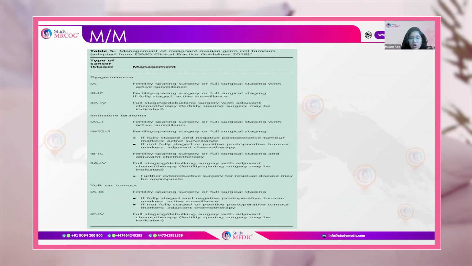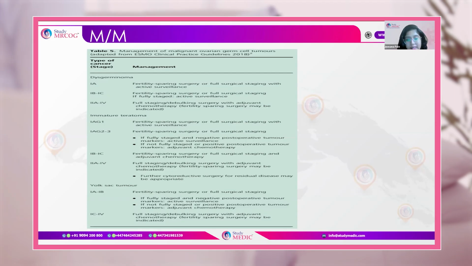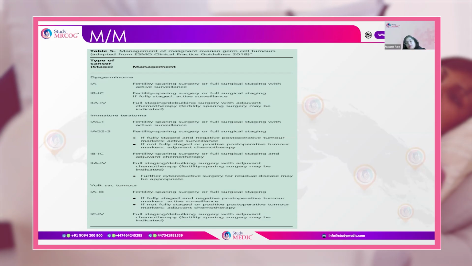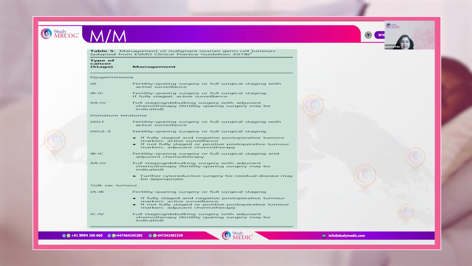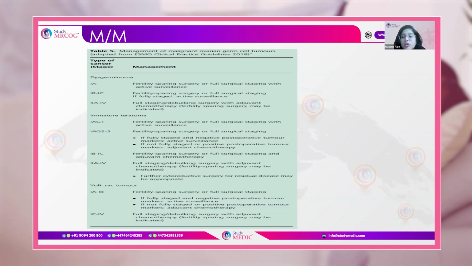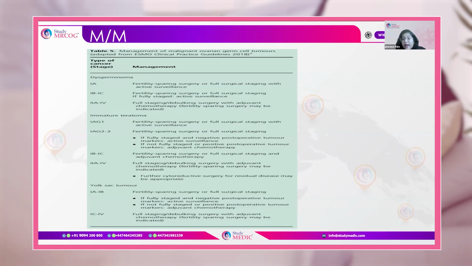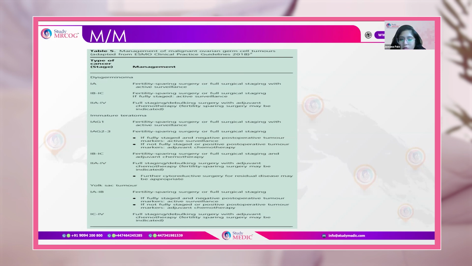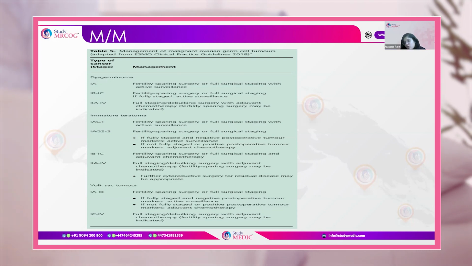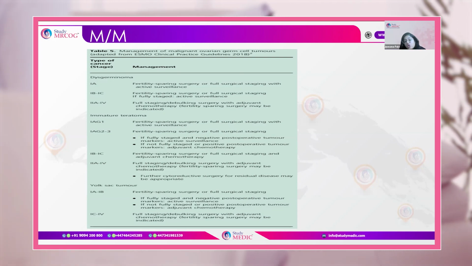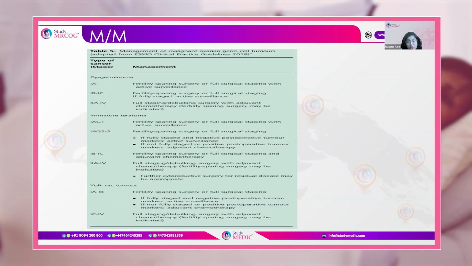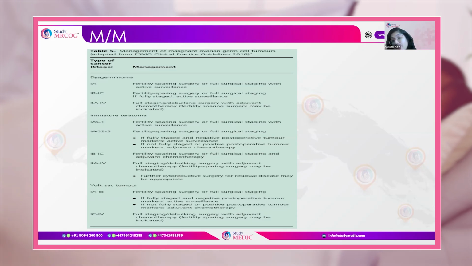Again, York-Sac tumor. York-Sac tumor, in case it is fully staged and negative tumor markers, you can keep it on active surveillance. Please remember, York-Sac tumor is not as chemosensitive as immature teratoma or dysgerminoma, or particularly dysgerminoma. So in York-Sac tumor, always we advocate that yes, you can give chemotherapy in case she is not fully staged, or in case the tumor markers in the postoperative period are positive, then it is better to go for chemotherapy